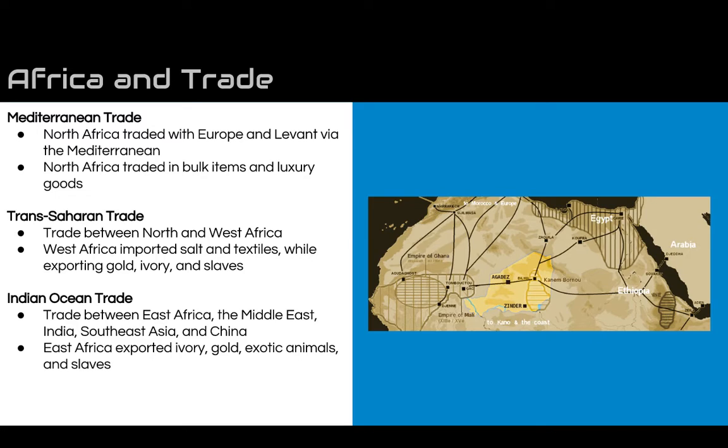And so a trade develops connecting North Africa, which is already trading in the Mediterranean, with sub-Saharan Africa, especially West Africa. And so we see a trade in goods of salt and textiles and luxury goods coming from North Africa to West Africa. And in exchange, West Africa begins exporting gold, ivory, and slaves in massive amounts, especially gold. With this exchange of goods, in a little bit we will see there's also going to be an exchange in ideas and religions.